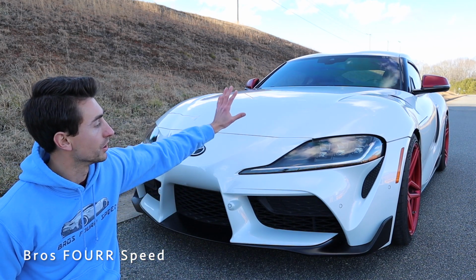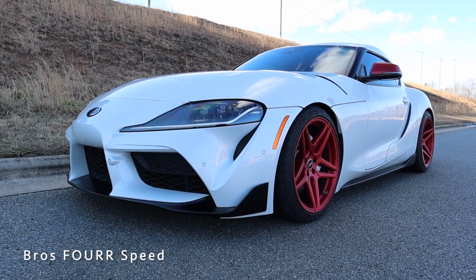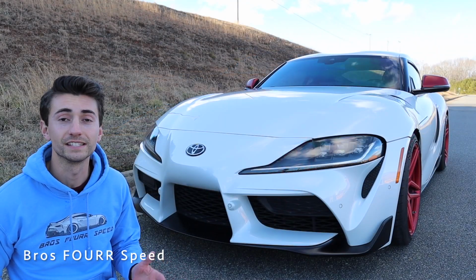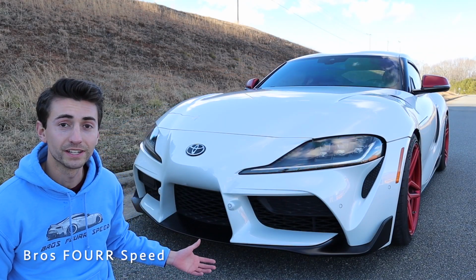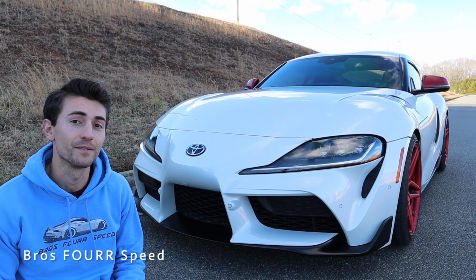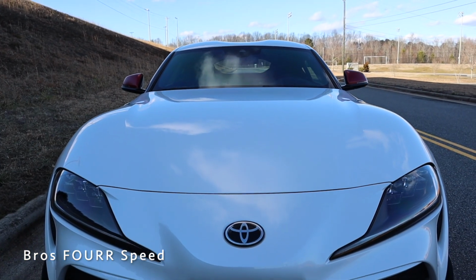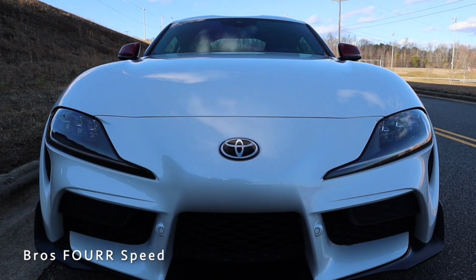My front bumper, the whole hood, the pieces behind the front wheels, the lower rocker panels, and the pieces behind the rear wheels are all covered in the SunTech paint protection film. It's really nice to have that. There are no stone chips up here. I can do whatever I want and nothing's gonna damage it, which is a really cool touch, especially being a brand new car. It's nice to keep the car in tip-top shape like this,